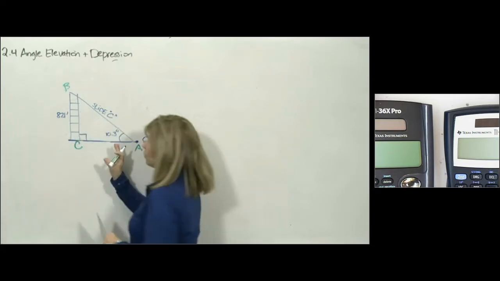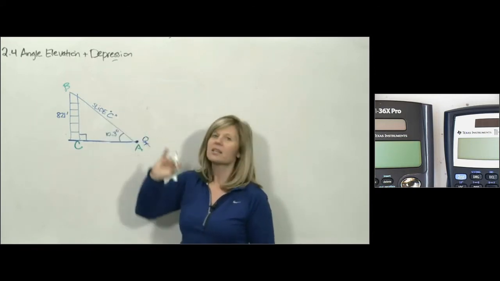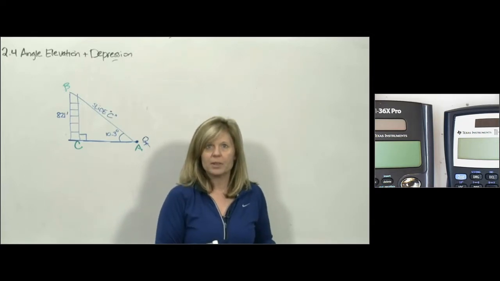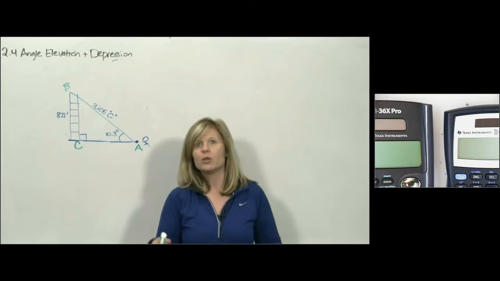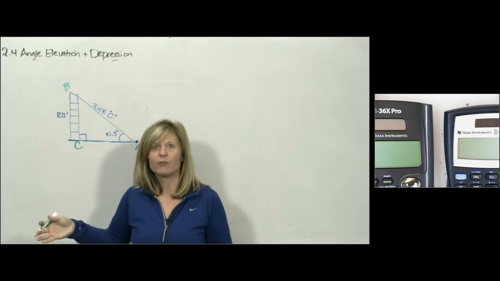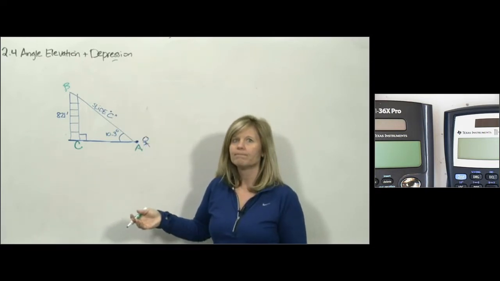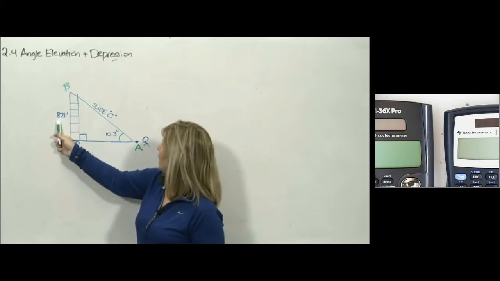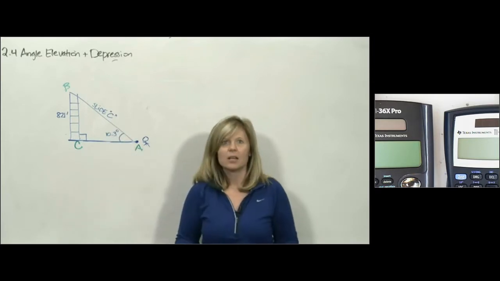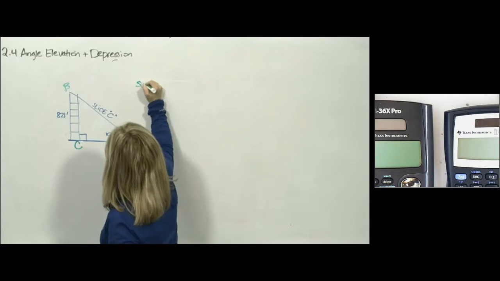So what we learned in the previous lesson is to find a missing side of a right triangle, we either could use geometry, Pythagorean theorem, or we can use trigonometry, SOHCAHTOA, which is our abbreviation for our trig functions. If you look, can we use Pythagorean theorem? No. We got side A, but we don't have side B, and we don't have side C. So Pythagorean theorem is out. So we have to rely on trigonometry. So I'm going to write up here